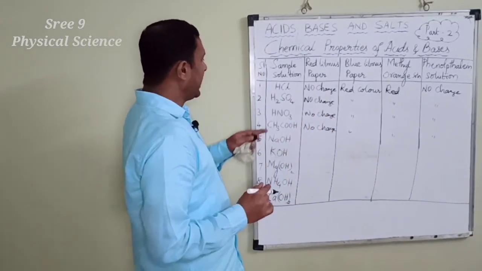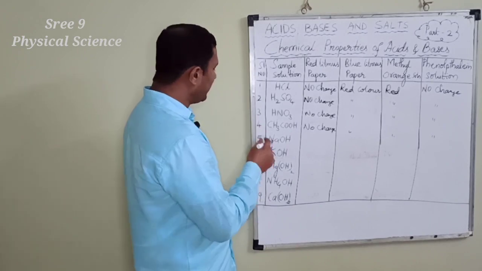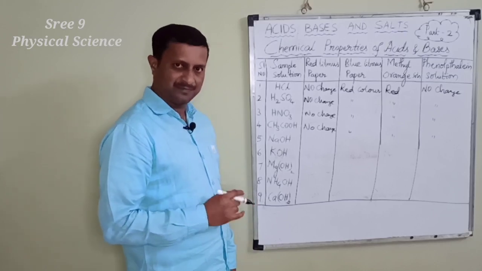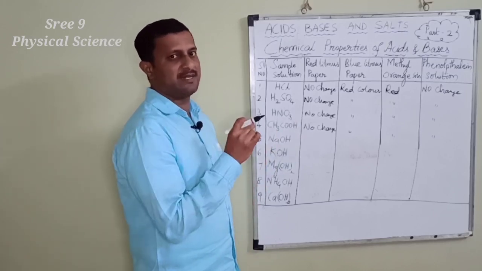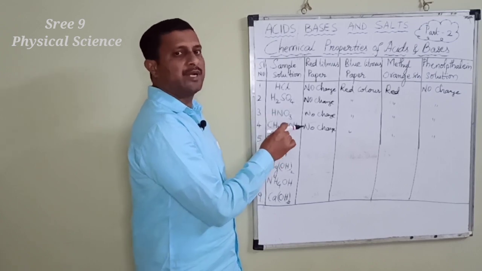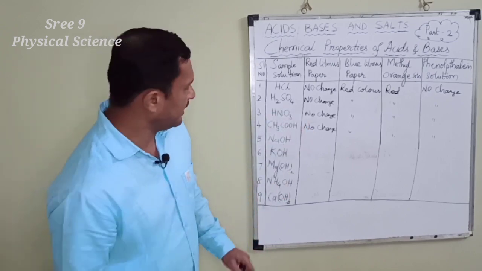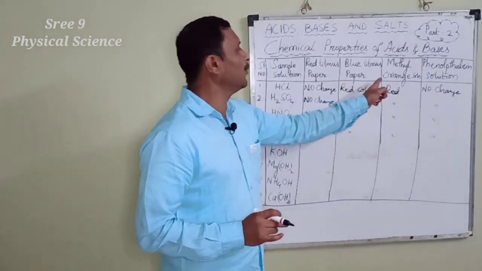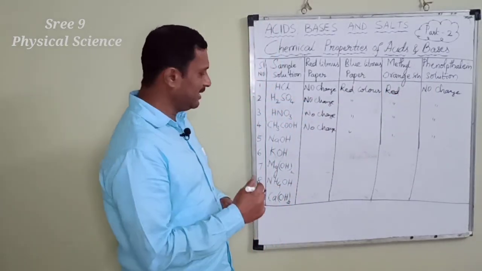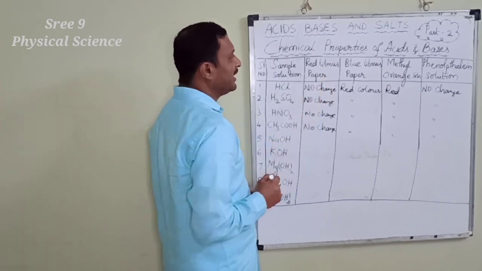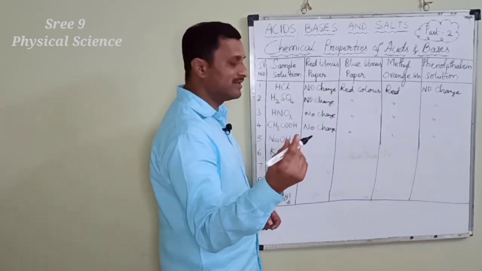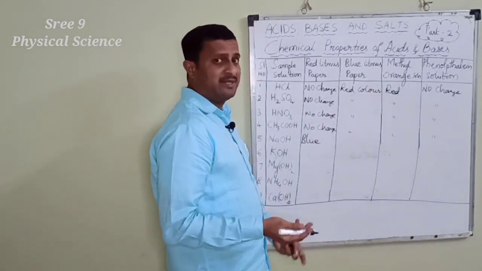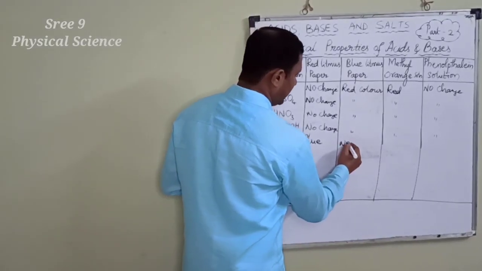Now coming to NaOH, as we did for HCl sample solution, we have to perform the same thing with NaOH. Means first we have to prepare NaOH sample solution, and we have to take 4 watch glasses. In each watch glass we have to pour drop wise the NaOH sample solution, and we have to test with these 4 indicators. What do we get? Let us see. Now NaOH, if you dip red litmus paper in NaOH sample solution, it turns to, yes, blue color. And blue litmus paper, any change? As it is blue, no change. So here we will write no change.